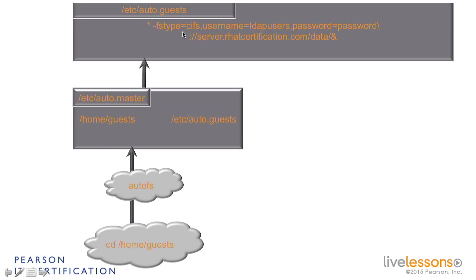So in order to do the mount, we need fstype=cifs, we need username=ldapuser, and password=password. And with these mount options, we can do a mount to the CIFS server,